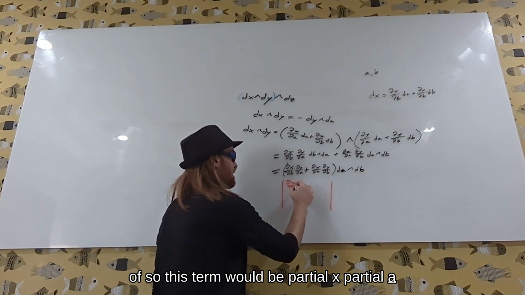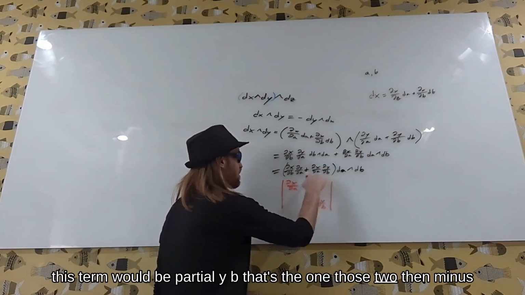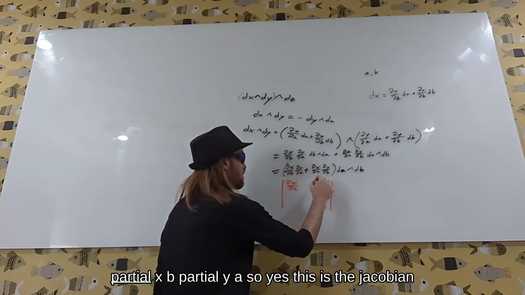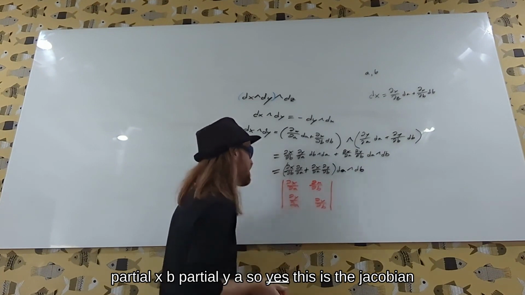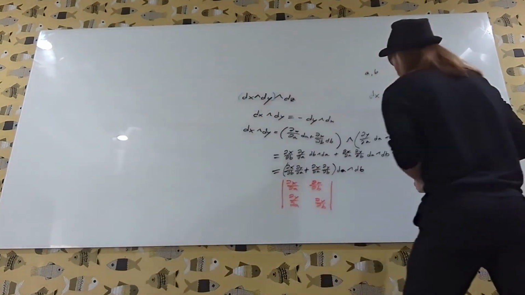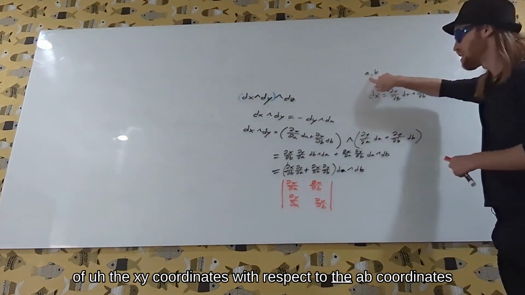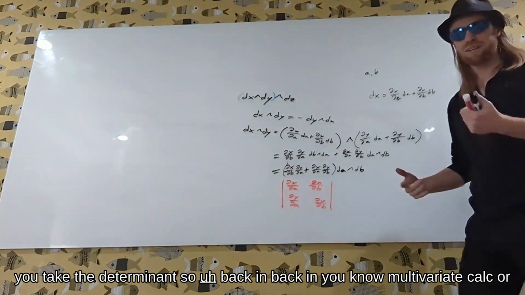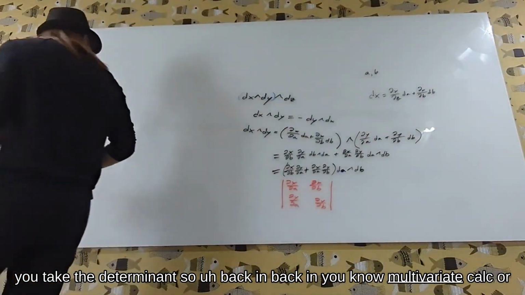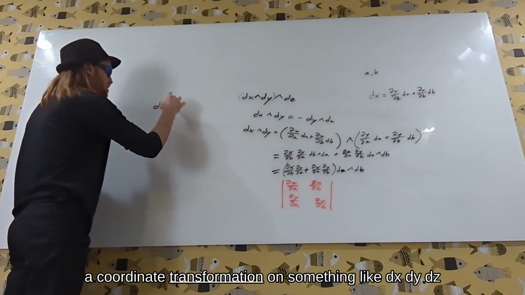partial x, partial a. This term would be partial y, partial b. That's those two. Then minus partial x, partial b, partial y, partial a. So yes, this is the Jacobian of the xy coordinates with respect to the ab coordinates. And you take the determinant. So back in multivariate calc or whatever, you may have learned that when you do a coordinate transformation on